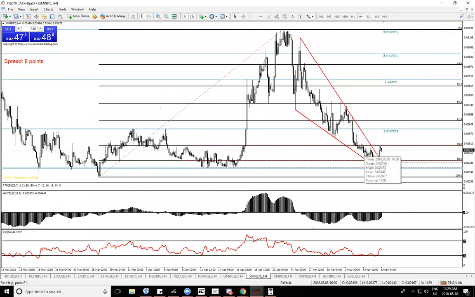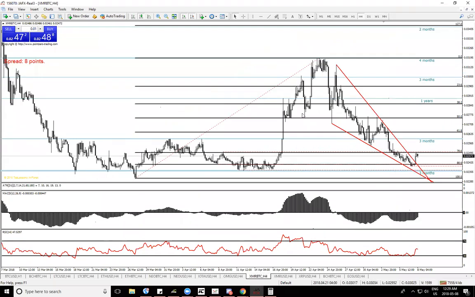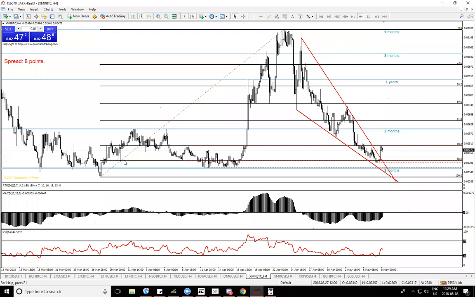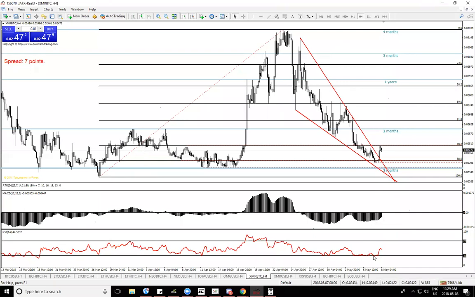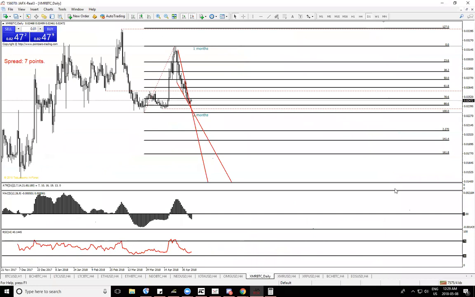XMR was a really nice wedge. So this is a setup, guys. This is a beauty setup. As you can see, we came all the way back down to the 86, almost made this. This PSR, bullish MACD divergence, oversold on the 4-hour. Some divergence because you're making quite lower lows and not making any headway lower on your RSI or even your MACD. Let's check the daily just for